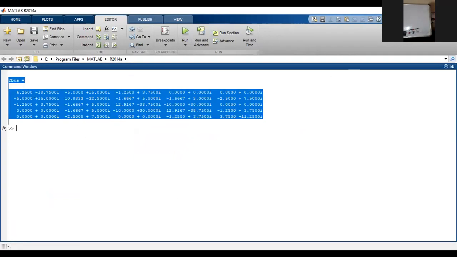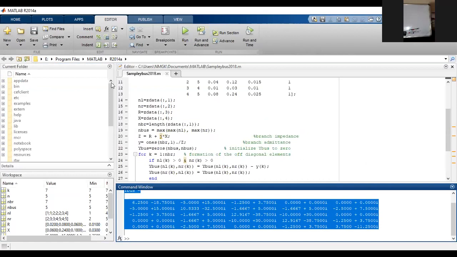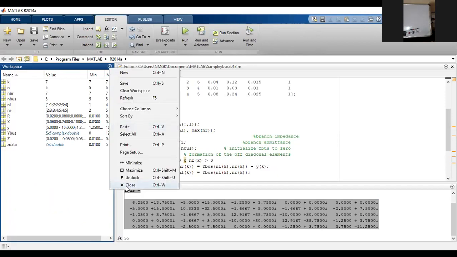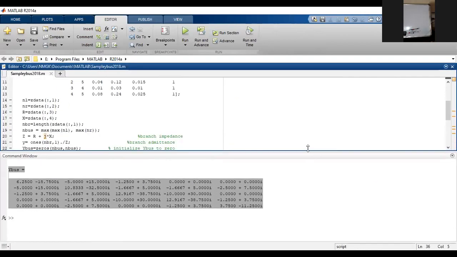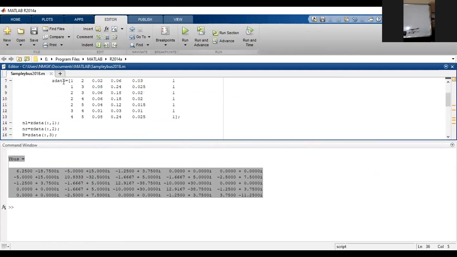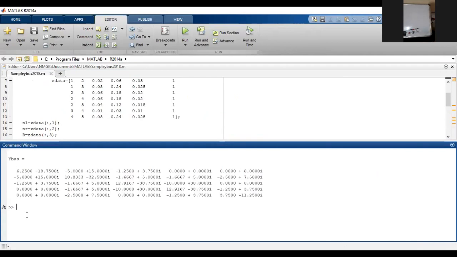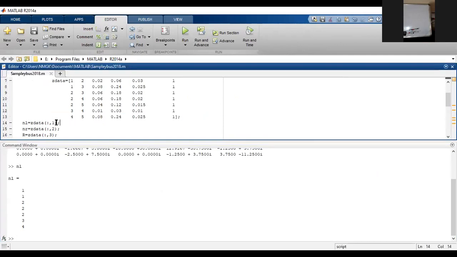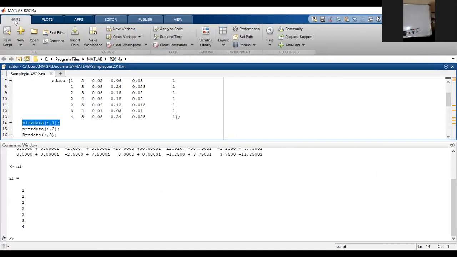Now you see that I am going to the program. I am making the representation here. No need to worry about these things. Is my Z data, can I put it here? NL variable. What are the NL variables? You can just check it. Is it the first column elements of Z data? Yes, sir. You see that the variable I have highlighted.